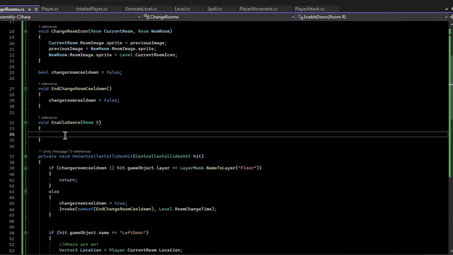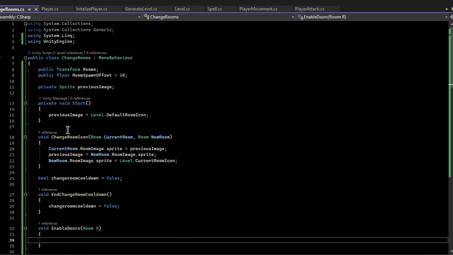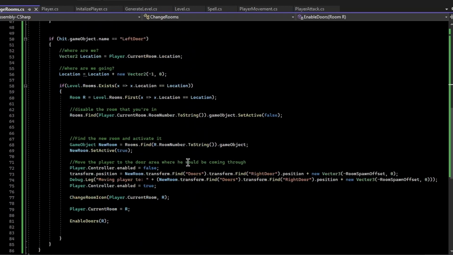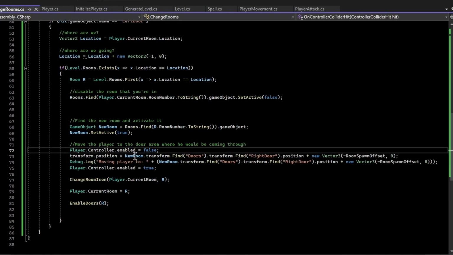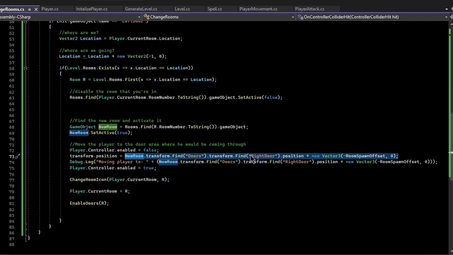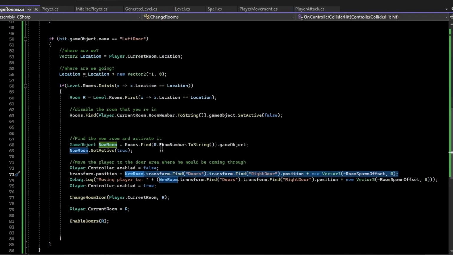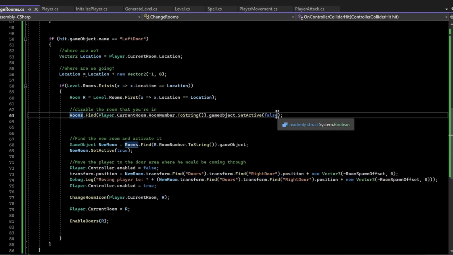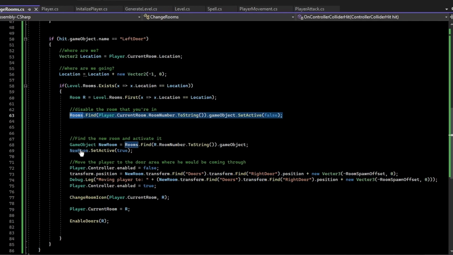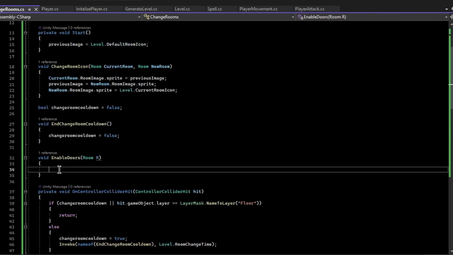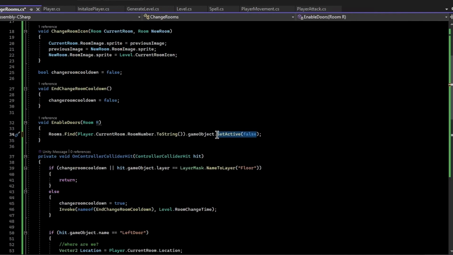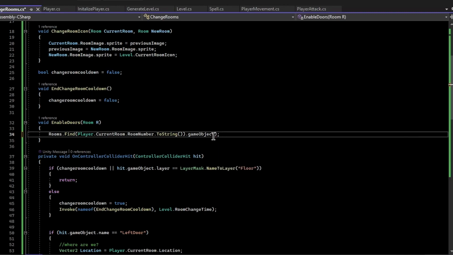So the first thing we want to do is get the doors and disable all of them. So it's the same thing as here. No, this gets the position, but we want to actually find the transform of all the doors. So rooms.find, yeah, like this. So instead of setting this active, we actually need to get the rooms that are inside of